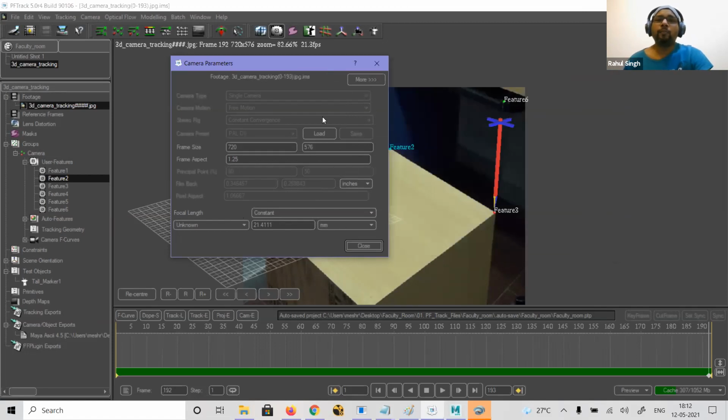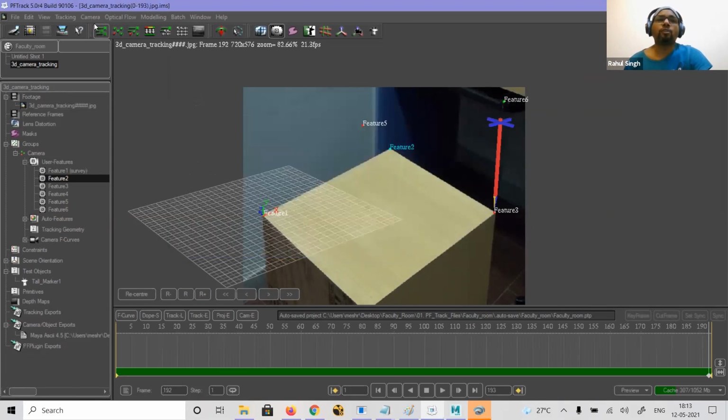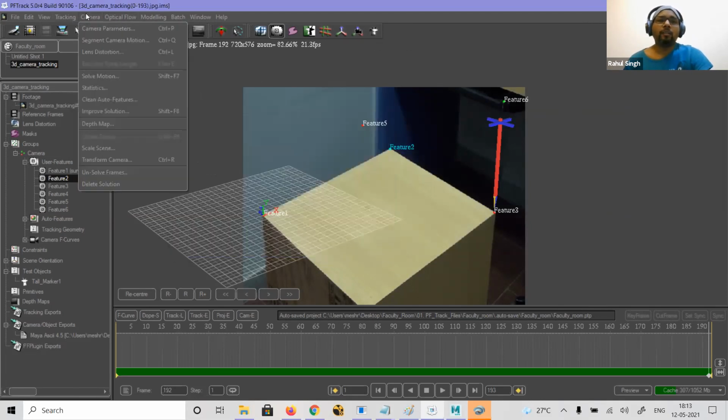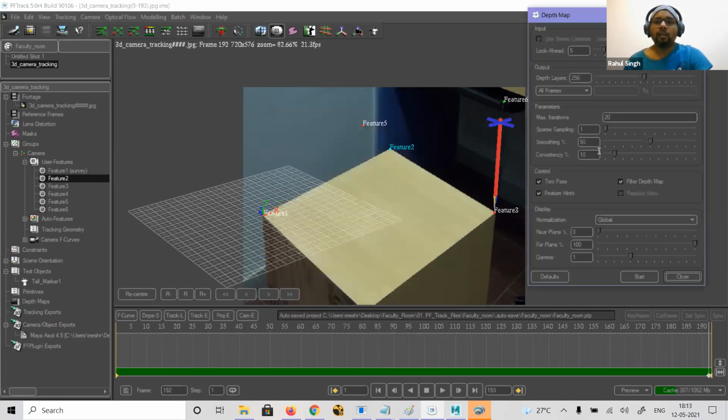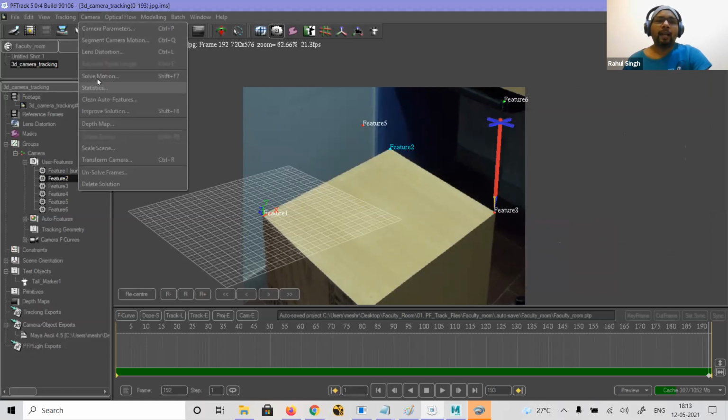So it will give you much better options. And if you know this error, we can easily set the lens distortion also. Here we have the option for all the cameras. There is also a depth map, so I can use this depth map option to see how the depth map is in the scene. This all works before the solution of the scene, so it is just for viewing purposes, except the lens distortion.